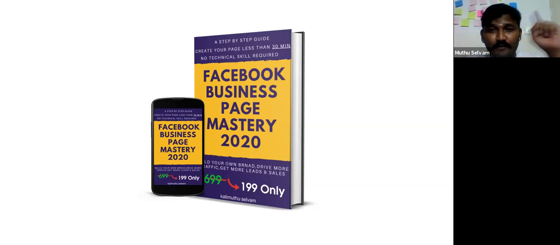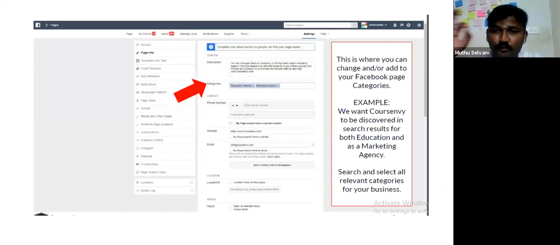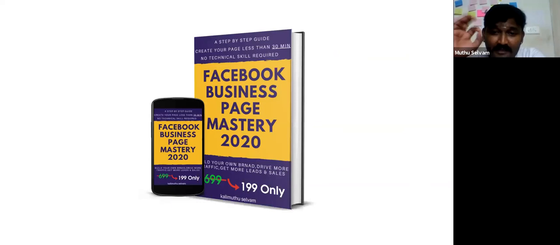It looks very user friendly. How it is supposed to be SEO optimized, how your Facebook page comes on the front page, what is needed, everything I designed. There are 96 slides I made. This is a book, priced at 199 only, less than 200 rupees, less than a movie ticket.